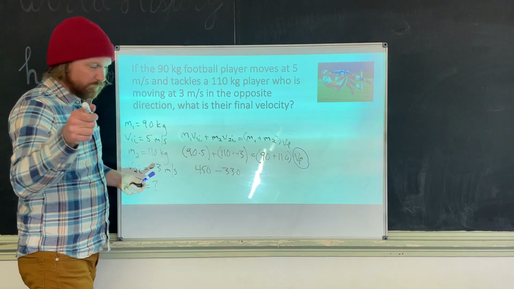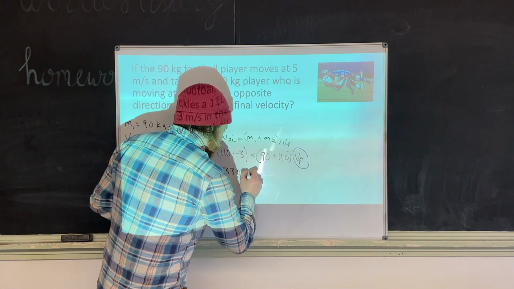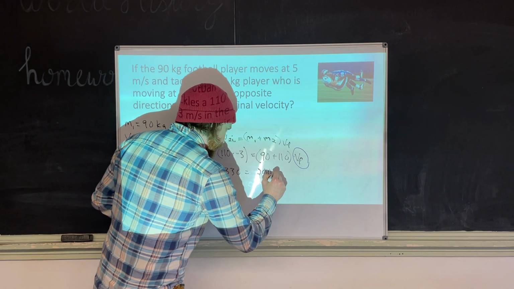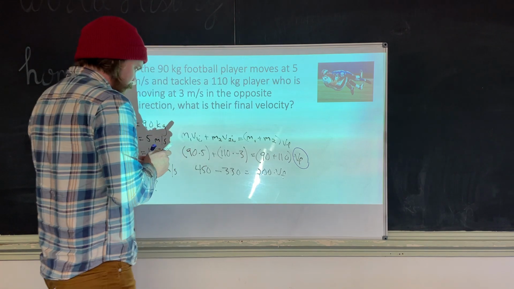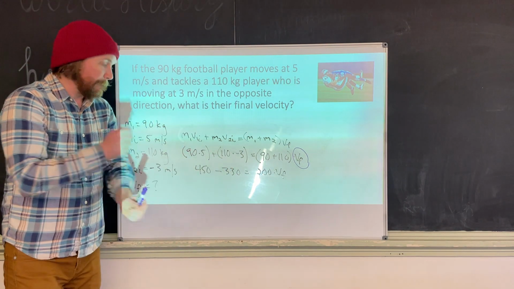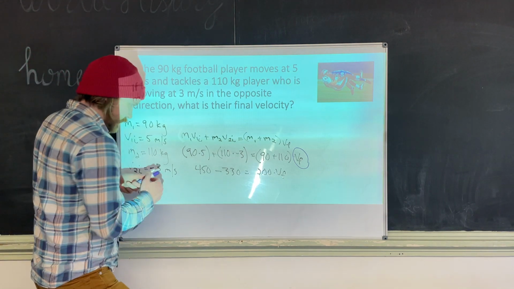You with me? Good. This side looks the same. We have 90 plus 110, which is 200, times VF. I'm going to go ahead and do this math right here. 450 minus 330 is actually